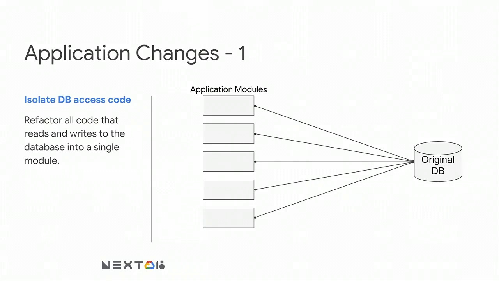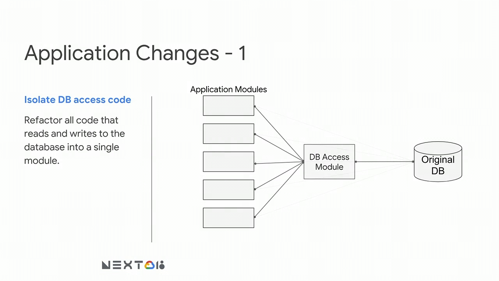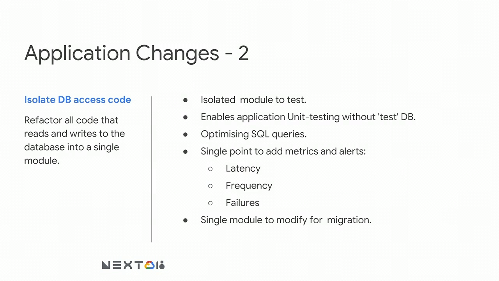So the first step, you need to isolate all your database access code. If you've got it distributed in various modules in your application, including in any lines of code, it's best to isolate that all into a separate module. And that will be the one place where you have all your database access code. And ensure that your development team only adds new code in that module. So you know exactly what code talks to the database and exactly what code needs to be changed during the migration process. In general, this is a very good practice because it gives you one single module to test your